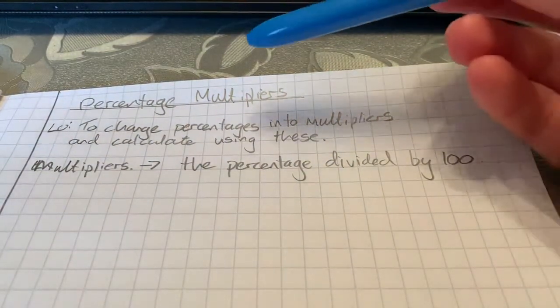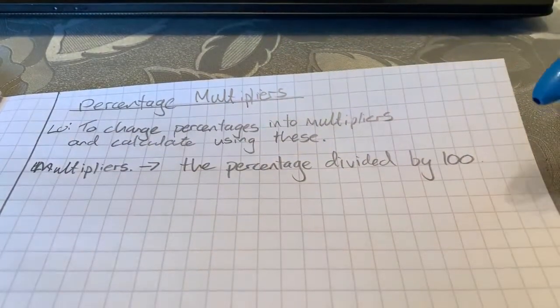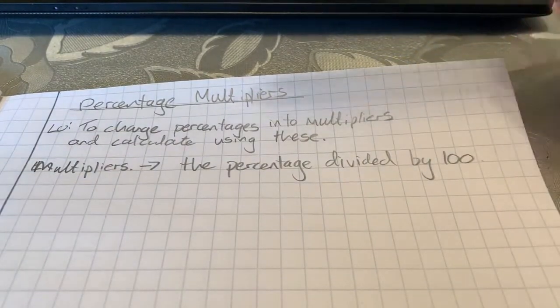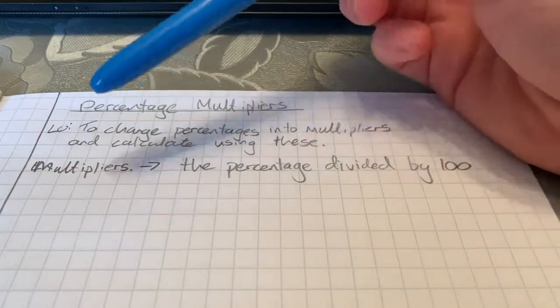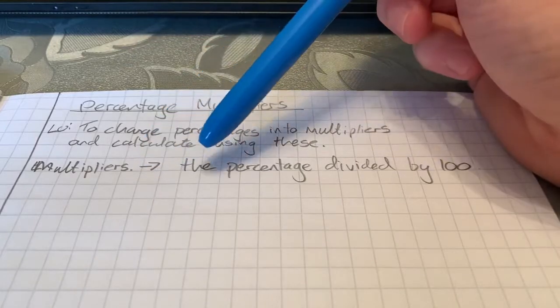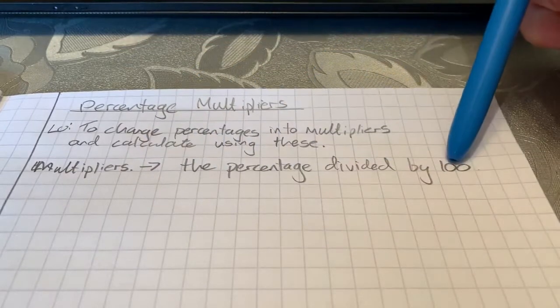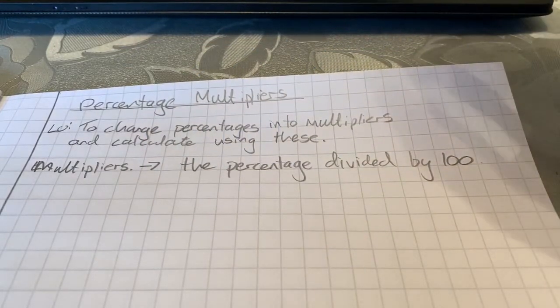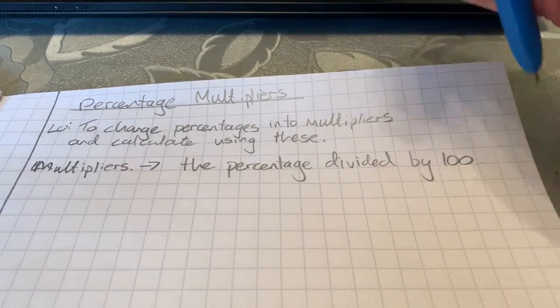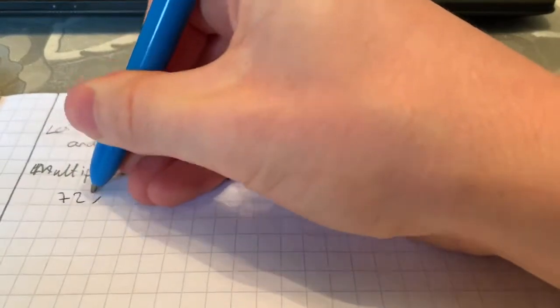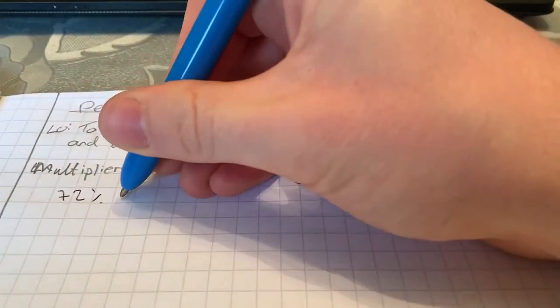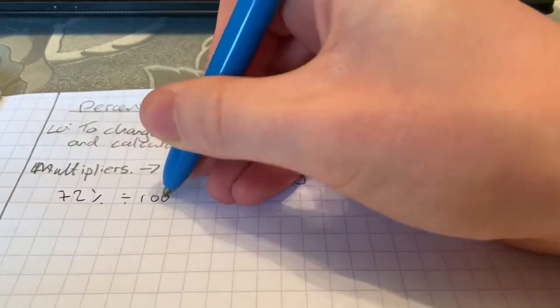Okay, so changing percentages to multipliers and to calculate using these. Now, what this means, well, what we have here, multiplier, that is the percentage divided by 100. So it's just turned into a decimal. So we take any percentage, so let's say 72% as a multiplier, you do divide 100 and you get